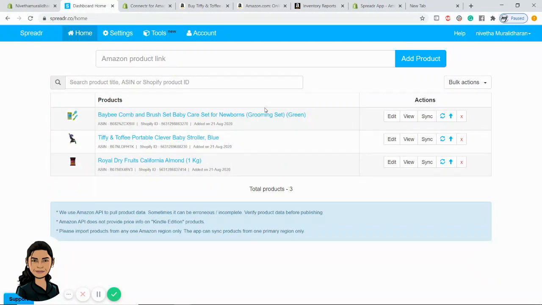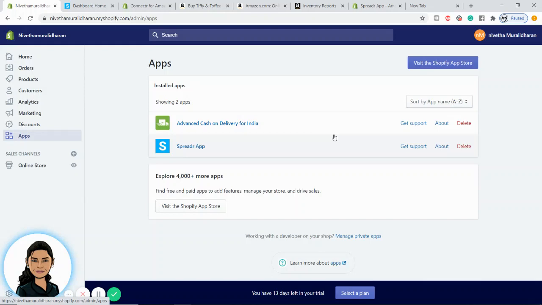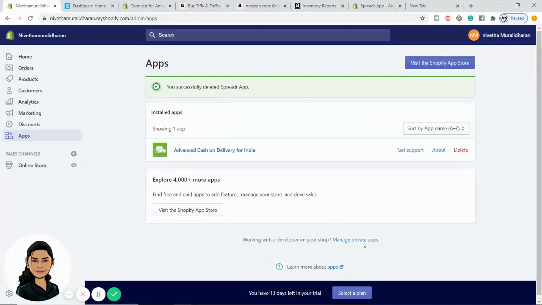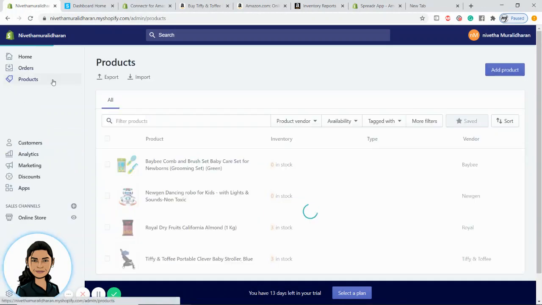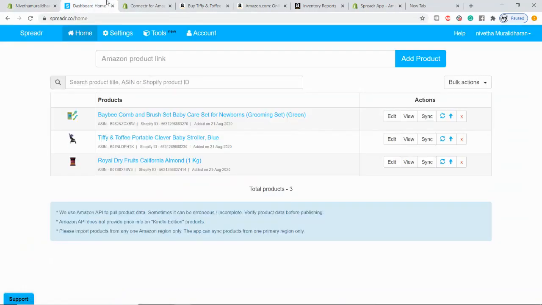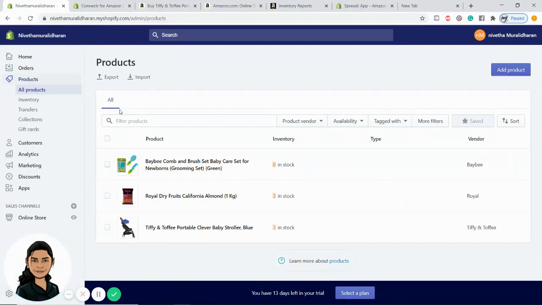Because this is a paid app, one great feature that I found is that even when you come to this app and click on delete, because we are in free trial, we should not go to the paid version. So once everything is over and you have imported all your products, click on delete. Just mention some reason for deleting and click on delete. Once this is done, there won't be any problem in your products. You can come to products here and you can see all the products here. So once you have imported all the products, please don't delete any products in this particular app. Just ignore this particular app and then come here and delete the app. Things will work perfectly fine, don't worry about it.